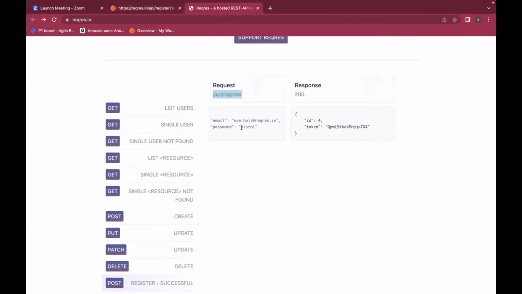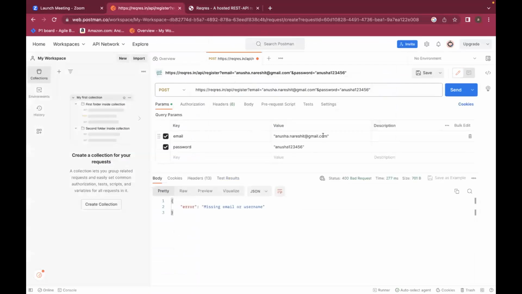See, it is asking maybe to use @reqres.in, I guess. Instead of gmail.in, it is asking maybe for reqres.in. Bad request again. Missing email or username.